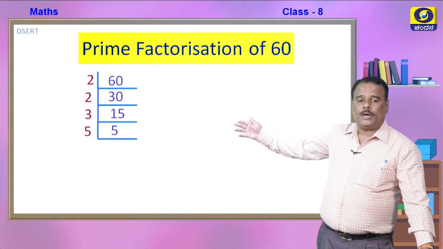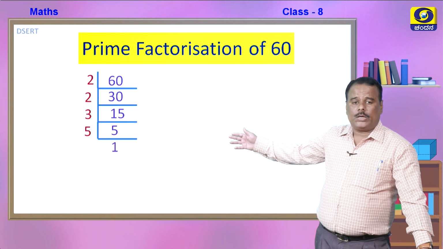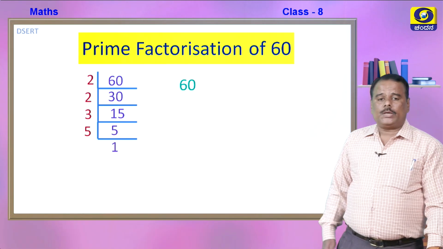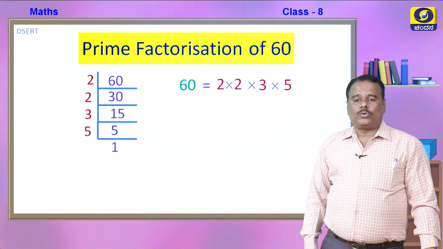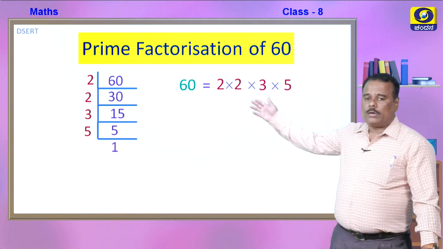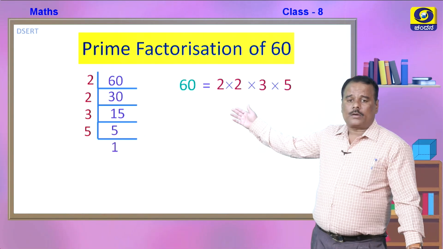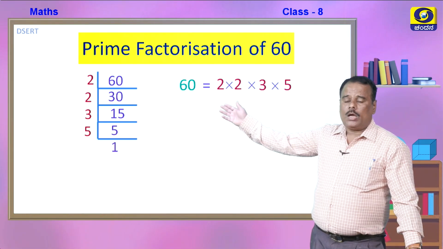When 5 is divided by 5, we get 1. So, we will continue this process till we get 1. Once we get 1, we can express 60 as the product of 2 into 2 into 3 into 5. You can notice 60 is factorized here and all the factors, that is 2, 2, 3 and 5, they